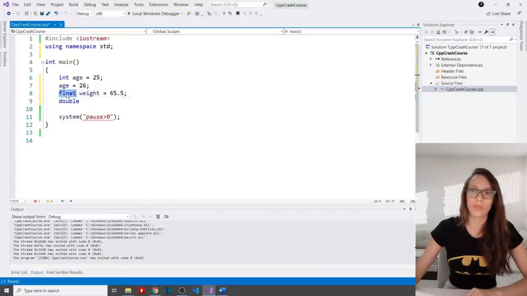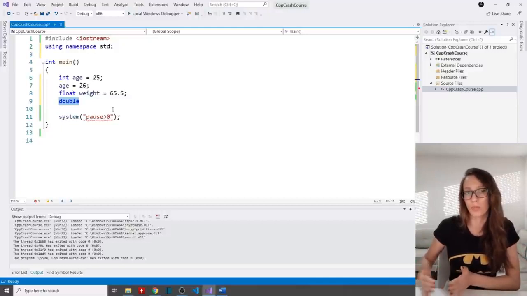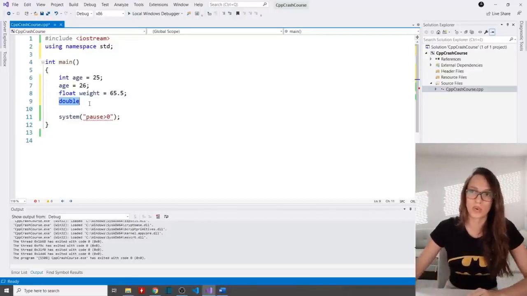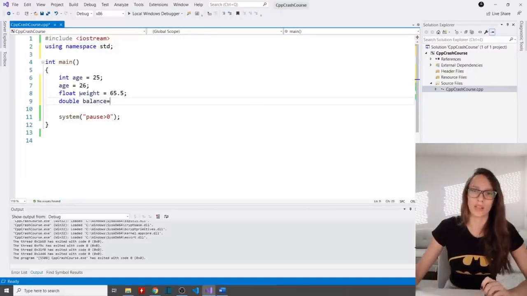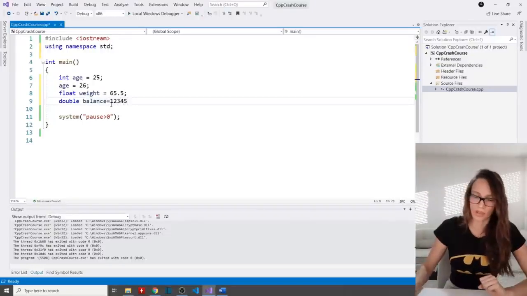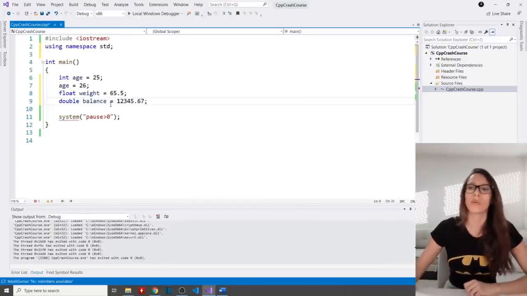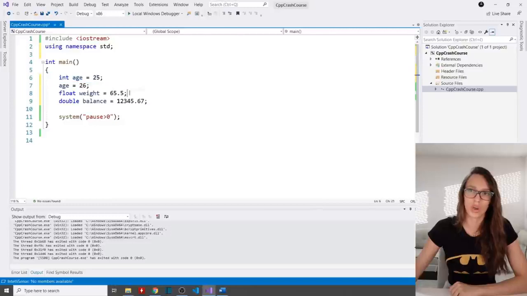The difference between float and double is that double can store double the data. It is double the size of float, which means that it can hold a larger number, or you can represent a number with more decimal places, to a higher precision. So I want to say, for example, balance, meaning bank account balance. If you had a lot of money and you want to store that in a variable, you are going to use double for that. So I'm going to say, for example, 12345.67, or you can store a much bigger number. We are going to see that later, how big of numbers you can store in each of these.